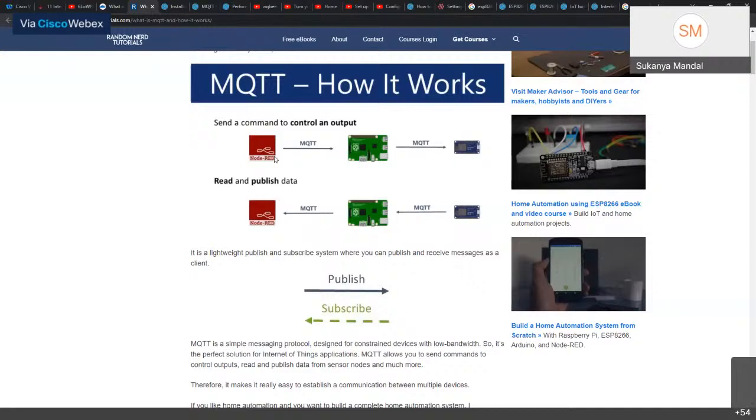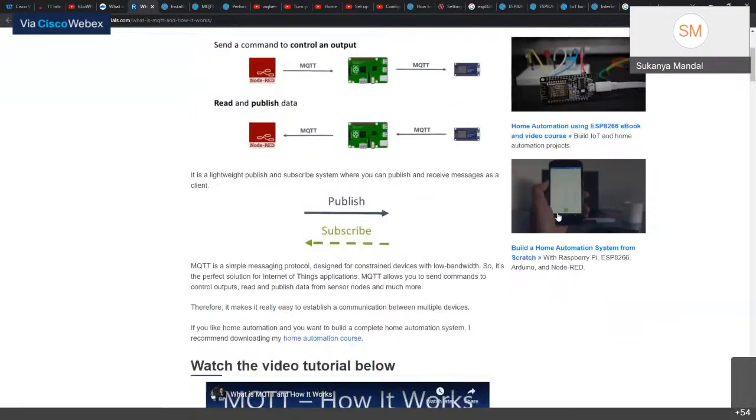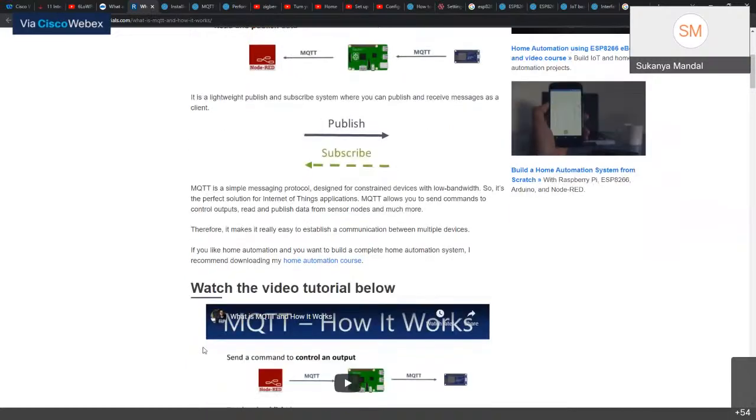Node-RED, let's say, is an MQTT design software. It passes the MQTT message to a Raspberry Pi or another module, and basically sends a command to control an output, and then you can read and publish your data back. So you publish the message and then you subscribe to the message to get the acknowledgements.